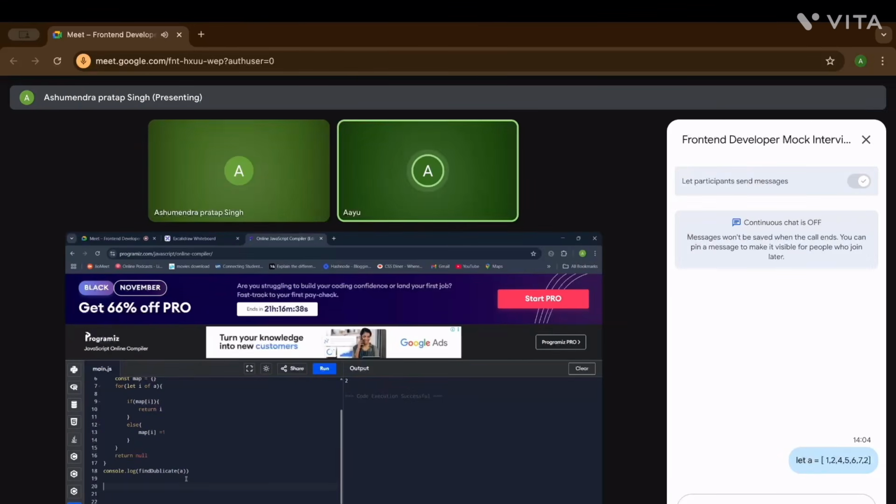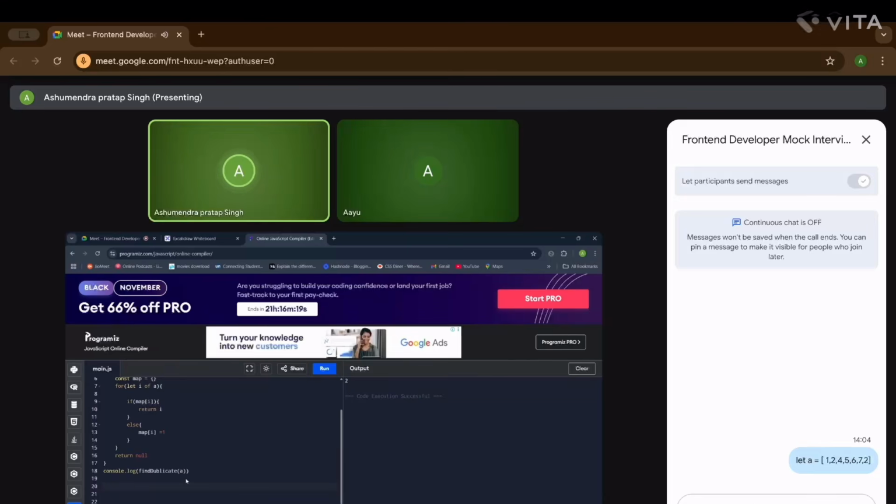And what is hoisting? Hoisting is when, in our script, we declare a variable or assign a value, it first declares the variable at the top and then assigns them.